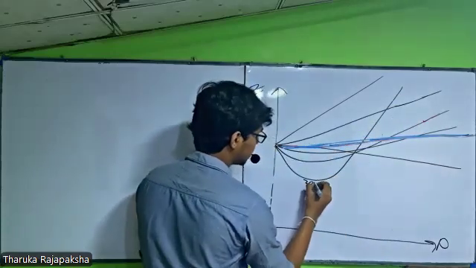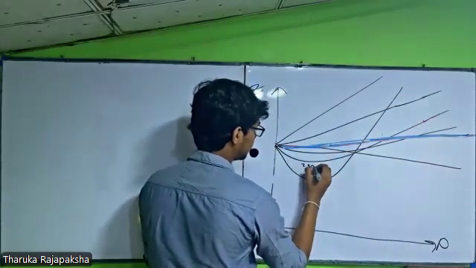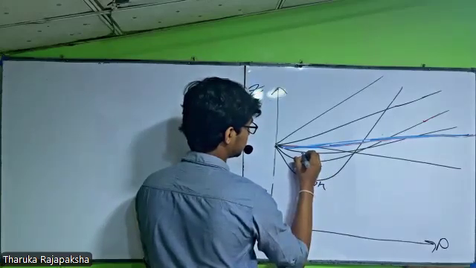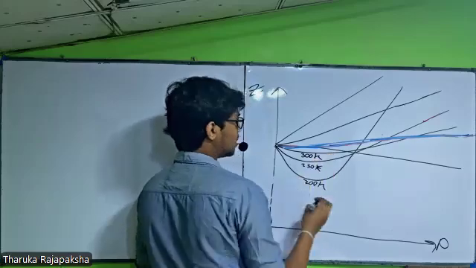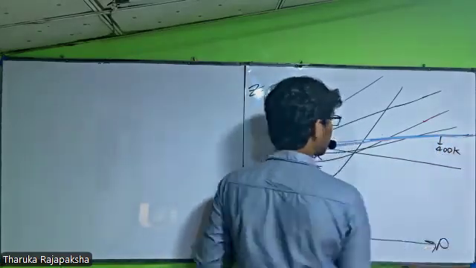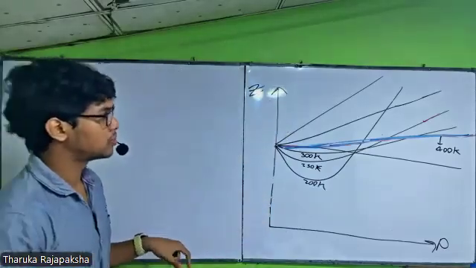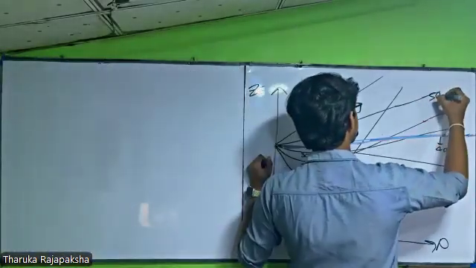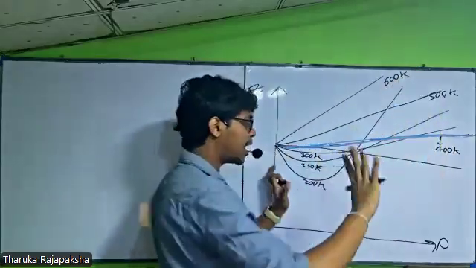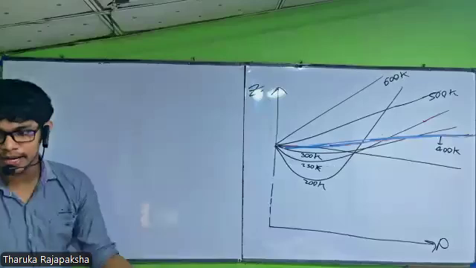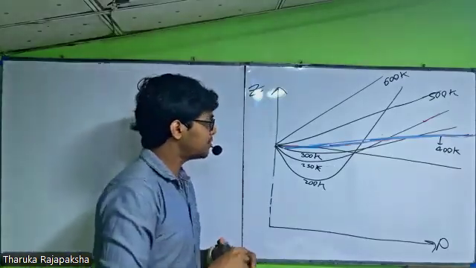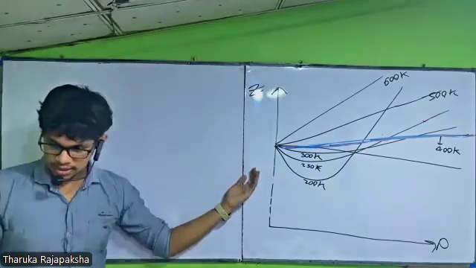This one is 200 Kelvin, 250 Kelvin, and this one is 300 Kelvin, and this one is 400 Kelvin. This one 500 Kelvin, 600 Kelvin. These are not exact values. I drew them for explaining purposes. So once you increase the temperature like this,